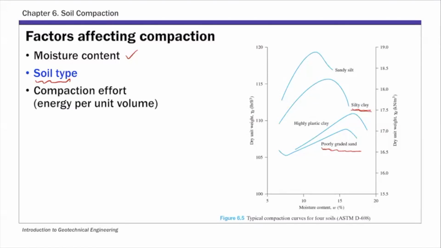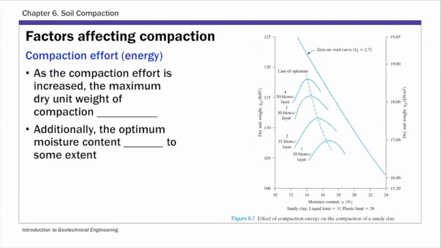And the other factor that impacts your compaction is this compaction energy or compaction effort. One example is the modified versus standard Proctor test. So in the modified test, you have more compaction energy, compaction effort. So this slide shows how this compaction curve moves as you increase the compaction energy. Basically, as compaction effort is increased, if you look at these 4 different curves, you have one layer with only 25 blows. So that gives the lowest compaction energy. And then if you increase,